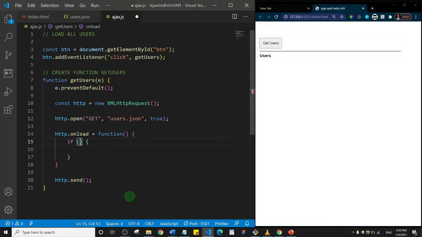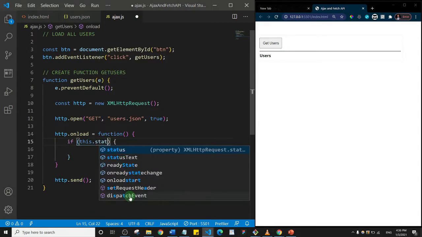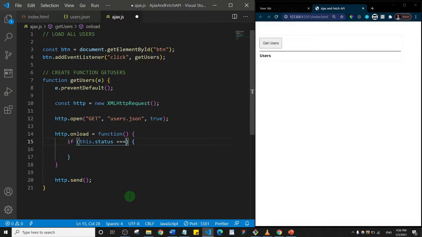I'll say that if the status of this HTTP request is successful, the way you say that is this.status, and if it's equal to 200, in other words it's successful. Basically you can have 403, that's for forbidden. You can have 404, that's for maybe not found or something like that. So basically we're saying that if this status is 200, if it's successful,